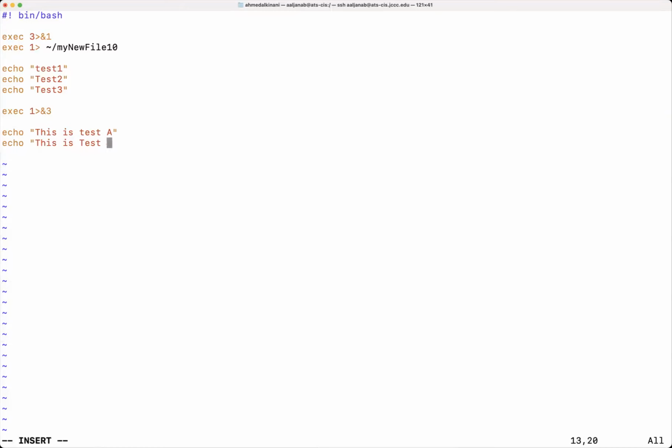So what I'm going to do here, I'm going to take all these messages here. And I'm going to show you that at a certain time, I'm going to be reading from a file. And then later, I'm going to be reading from the keyboard itself. So the first thing I'm going to do, let's start with this. The 3 descriptor, and I'm going to redirect it to 0, which, remember here, represents the keyboard.